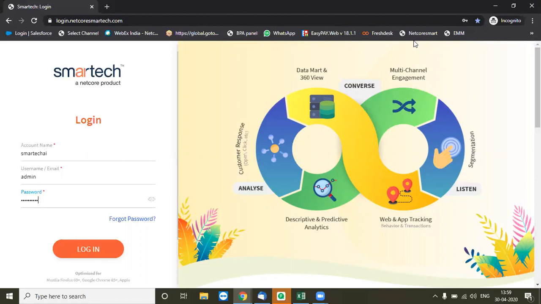All these things are compact and given as a full suite solution along with some services also. So we would discuss the product as well as the services that come along with the SmartTech tool.